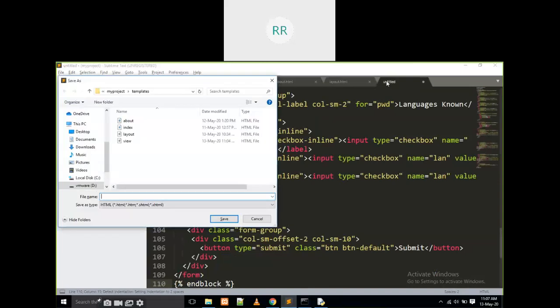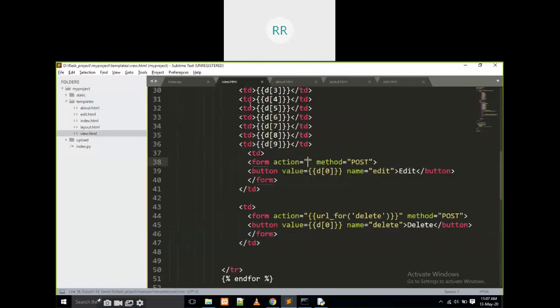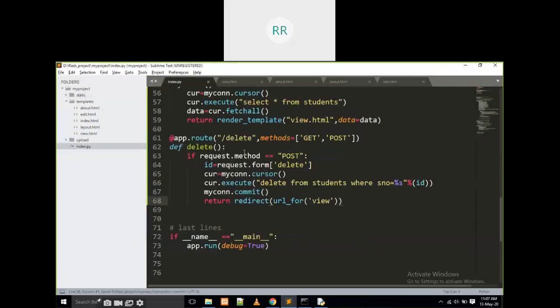I'm going to save it as edit, nothing else. Here it is going to be edit function, right? That's why I'm going to call one edit function. I have to copy from this.